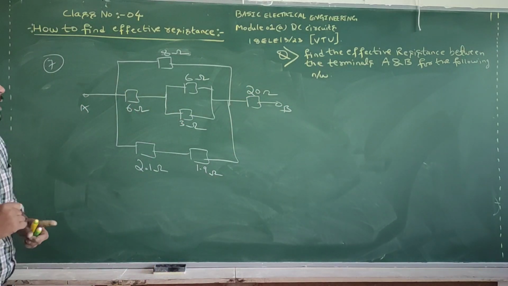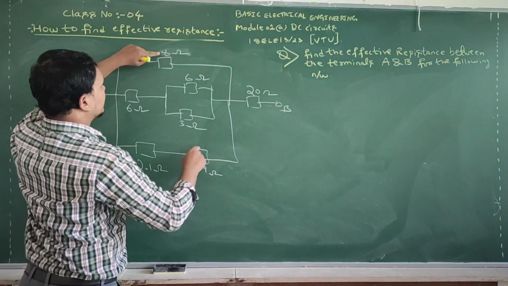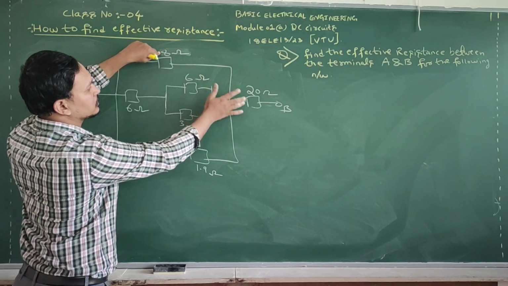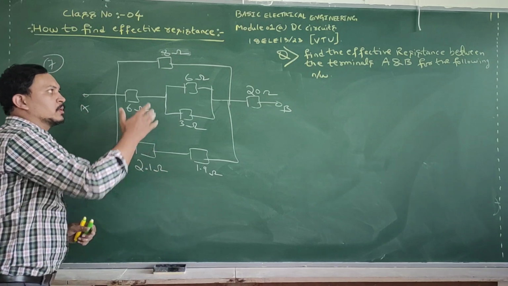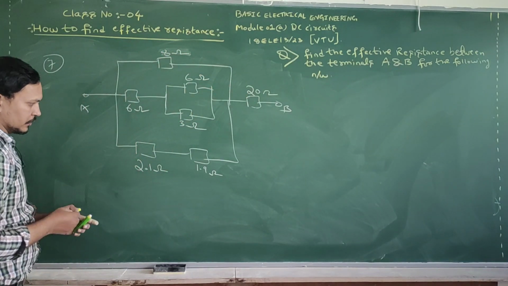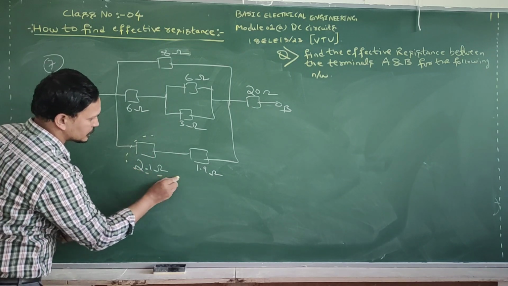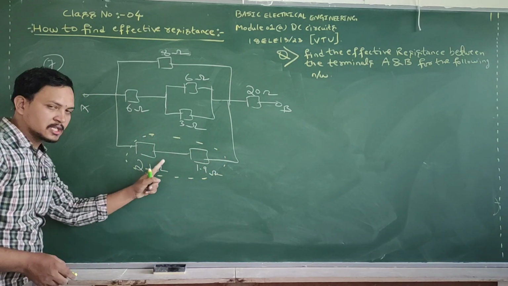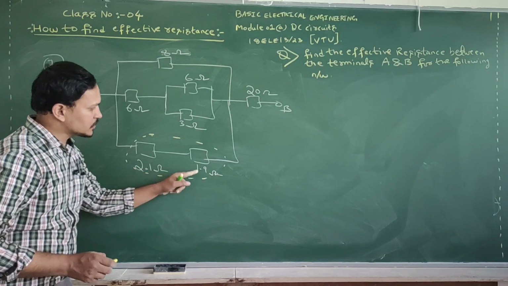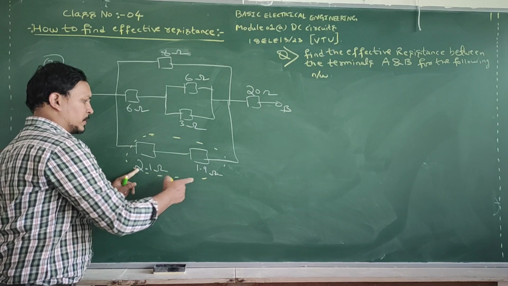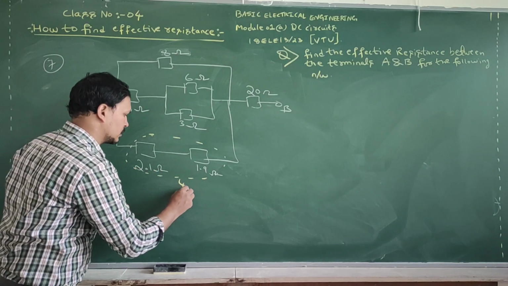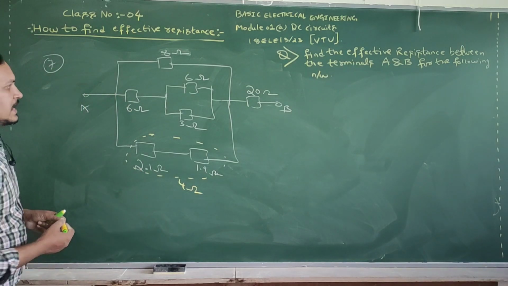How to approach this problem? Okay, see, directly don't take this and this are connected in series. See, lot of disturbance here for that end to end connection. So there is no series combination between that. Now think about internal circuit. So what about this? See, is 2.1 and 1.9. Any disturbance here? No disturbance. They are connected in series. 2.1 plus 1.9, how much? 2 plus 1, 3. 0.9 plus 0.1, 1. So 3 plus 1, 4 ohms.